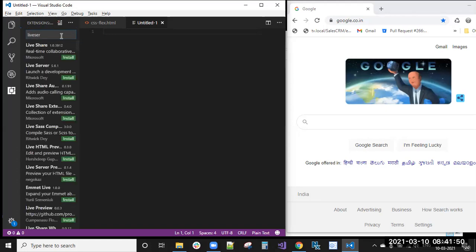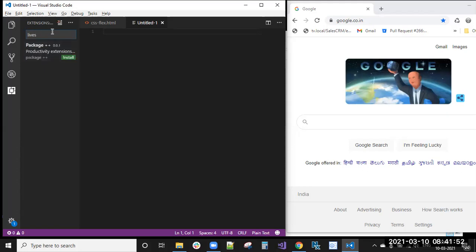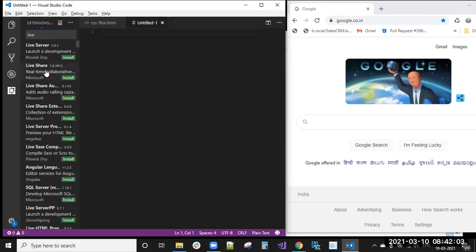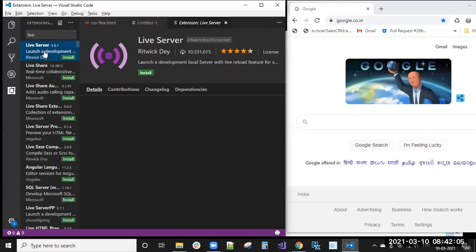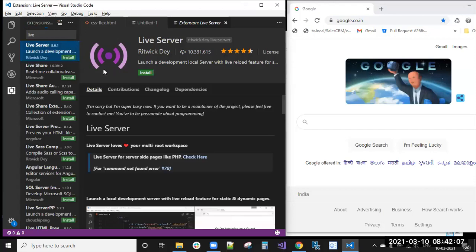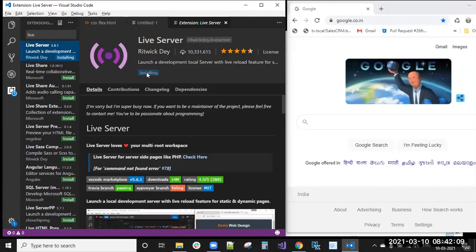Search for live server and you will get the first option, Live Server. You can check it here. This is Live Server, with this symbol. You need to install this.